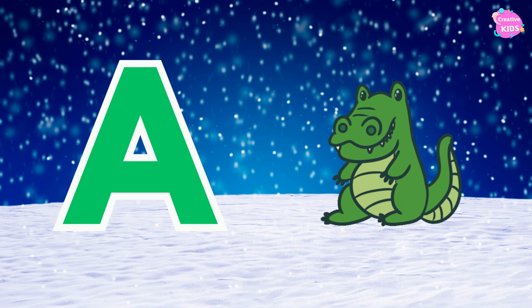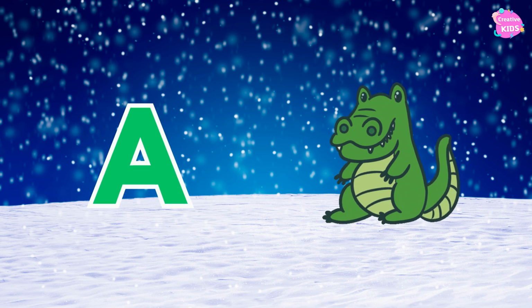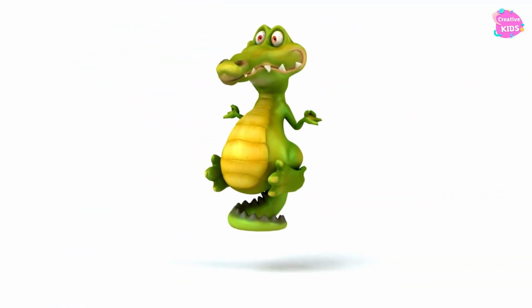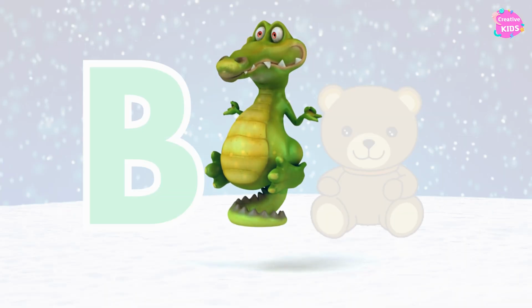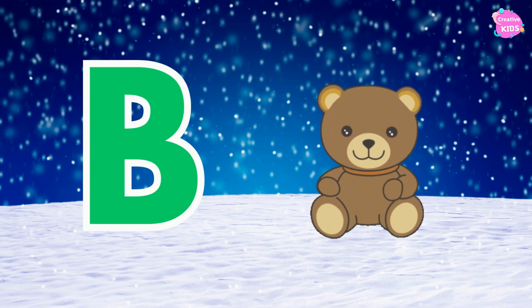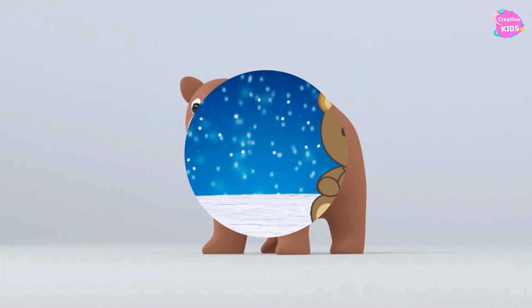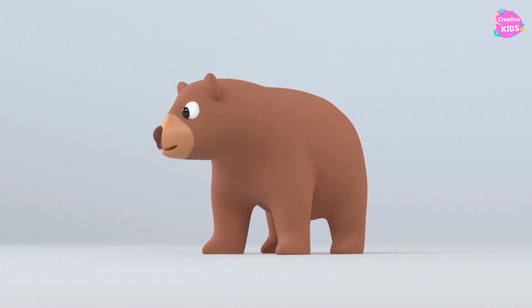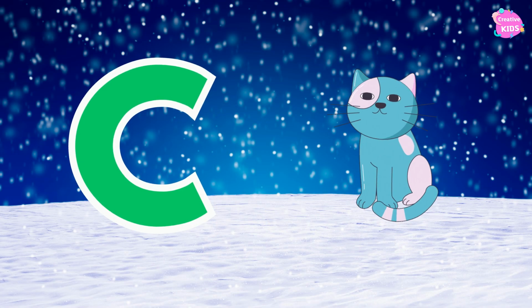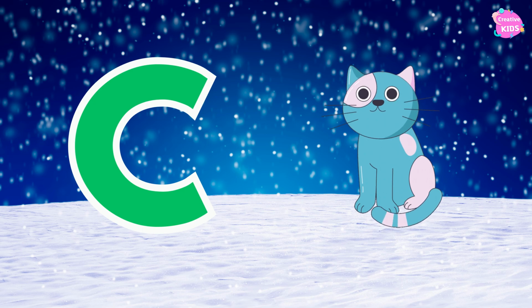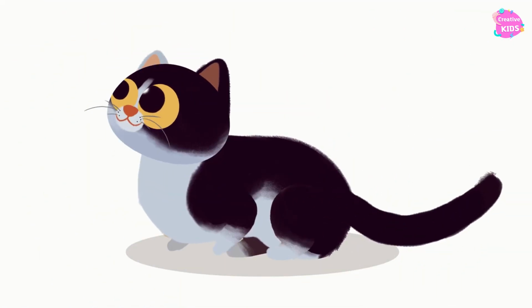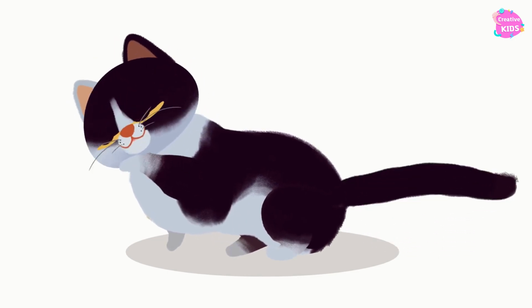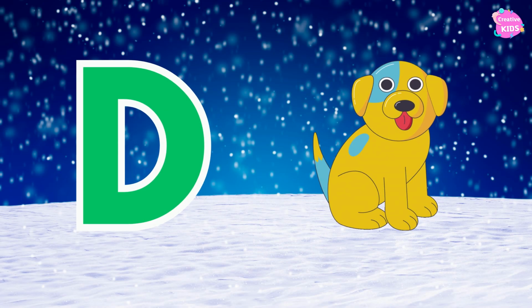A is for alligator, alligator, alligator. A is for alligator. B is for bear, bear, bear. B is for bear. C is for cat, cat, cat. C is for cat. D is for dog,